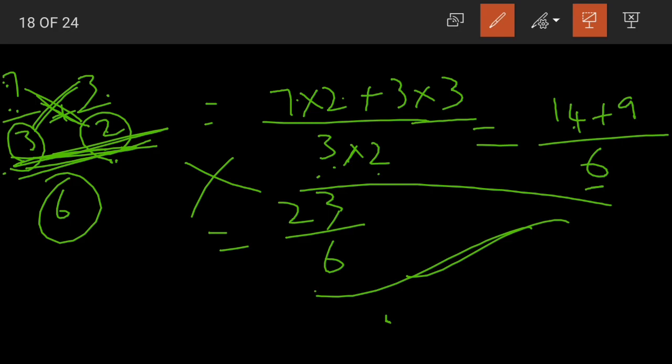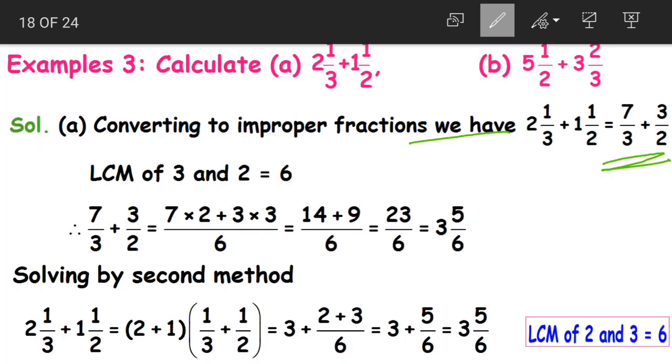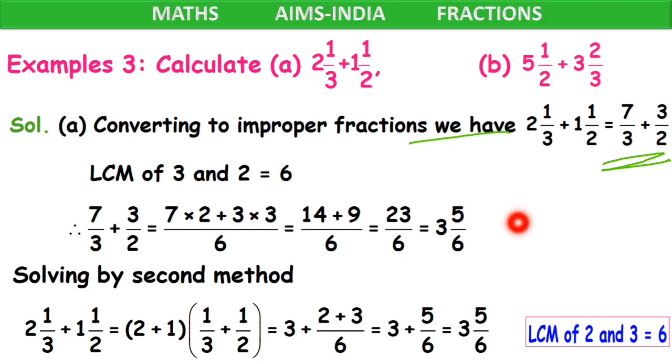Then please do not follow this method, as this is not elaborate and you might not get full marks. Apply this only when you have to solve multiple choice questions and get to the answer quickly. And what is the condition? Both the denominators should be prime numbers. Yes, clear students? What answer did we get? The answer we got was 23 by 6.